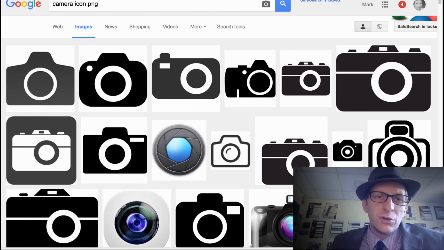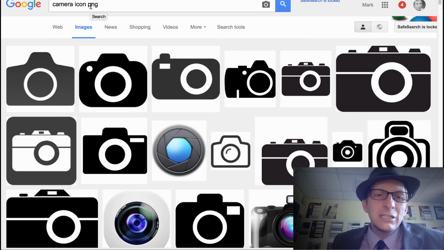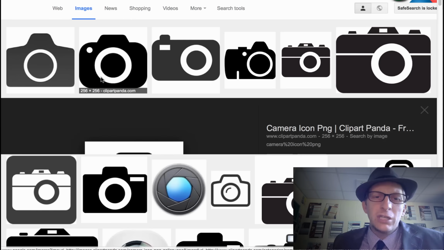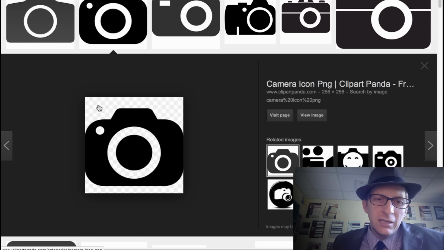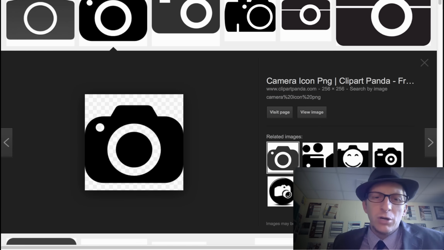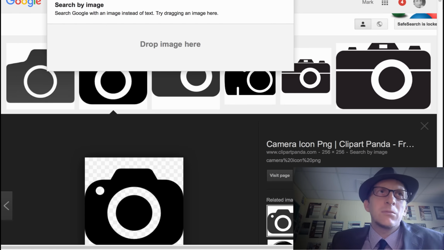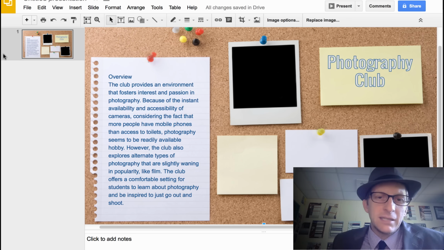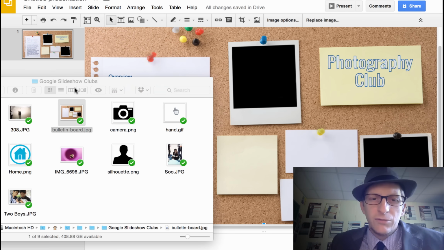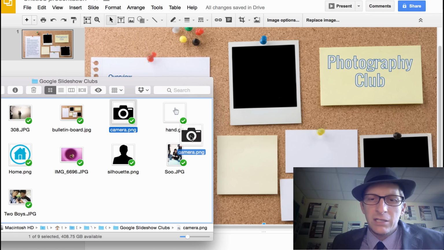I'm going to Google search for camera icon and put PNG. If you put PNG and you click on it, you'll notice that it's like a checkered board around the camera. That means it's going to be a PNG. I'm going to click that file, and I'm going to drag it to my desktop. And once I drag that to my desktop, I'm going to go find that camera PNG file and click and